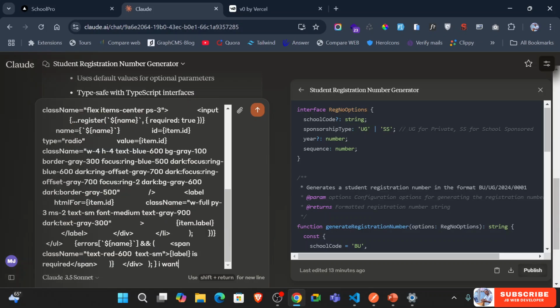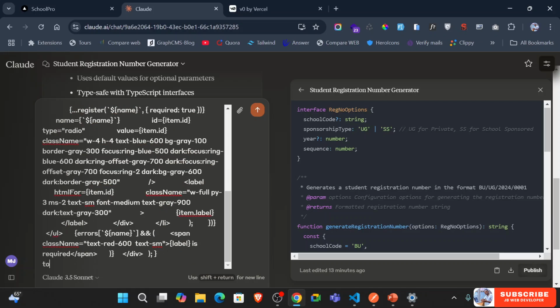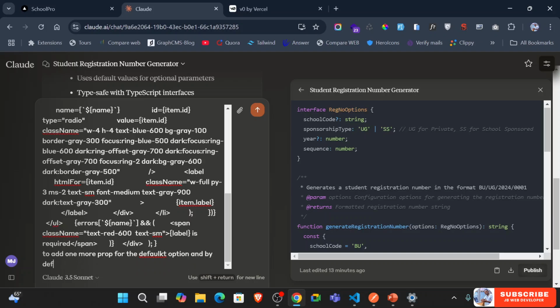I want to add one more prop for the default option, and by default I want